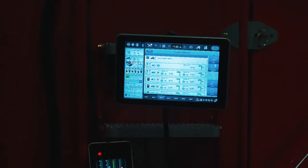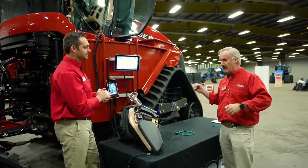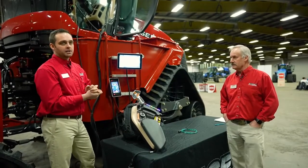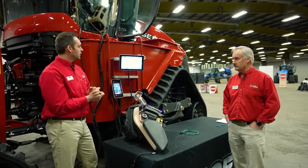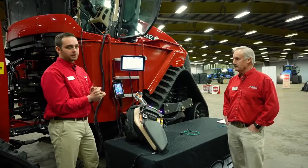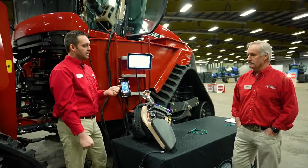Hey Justin, can I ask you a question? Yes, sir, Louis. Why is it so important to set up the flow of my remote? Isn't it just put it all the way out, maximum flow to the back end of the tractor? Well, you'd think so, Louis, but using excessive flow really creates horsepower loss, heat generation, and basically just poor performance of the tractor. If you do not require a full flow on the implement, please take time to figure out what the implement requires. If you only need 50% of the flow, only use 50% of the flow. At the end of the day, you want the tractor to perform well and reduce fuel consumption,